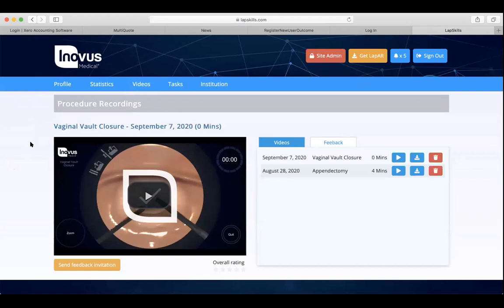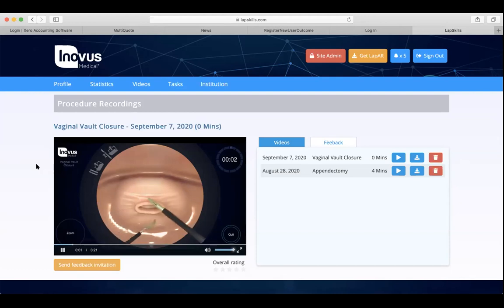So in the other software application, before you operate, you have the chance to select to record a video. It won't automatically record every single task because, of course, we'd end up with thousands and thousands of hours of video that people may not need or want. So you have selected to record a video, that will get sent up here in the web app. And then you can press play and you can re-watch what you've done.